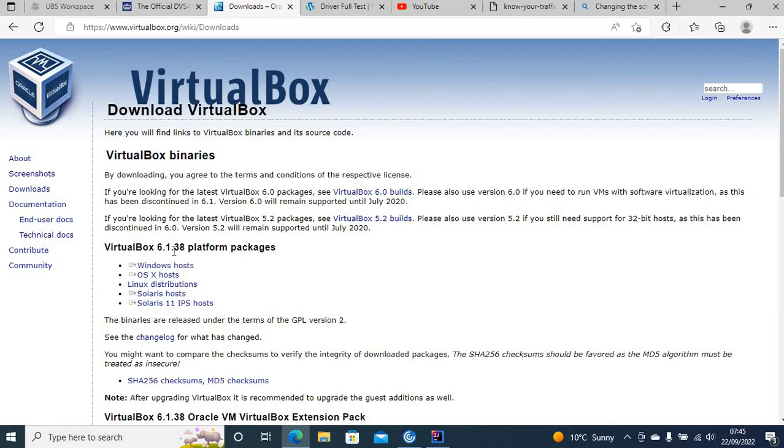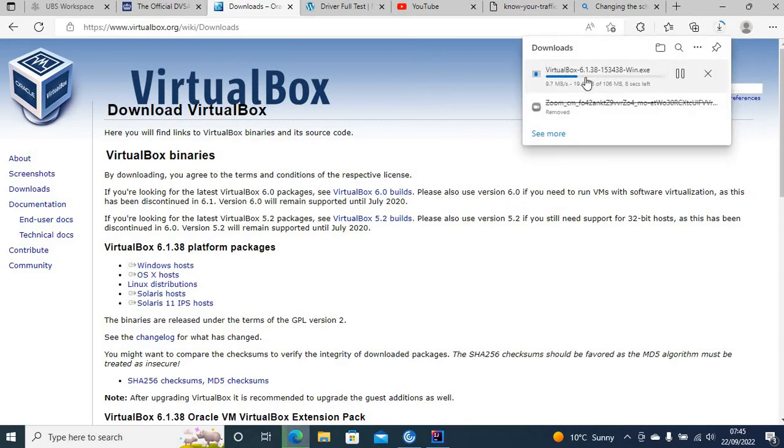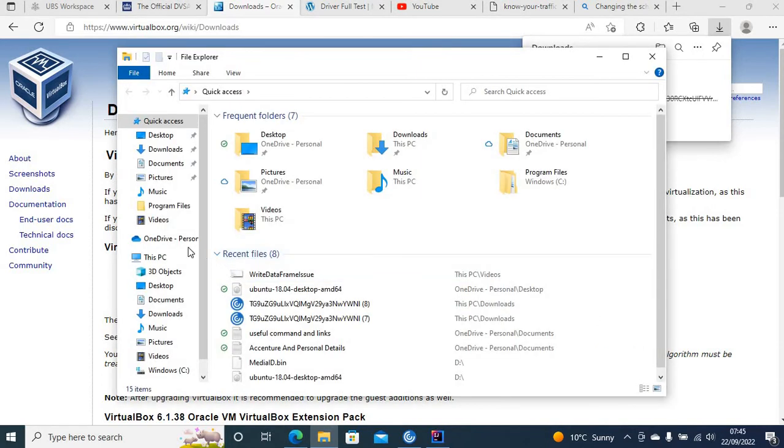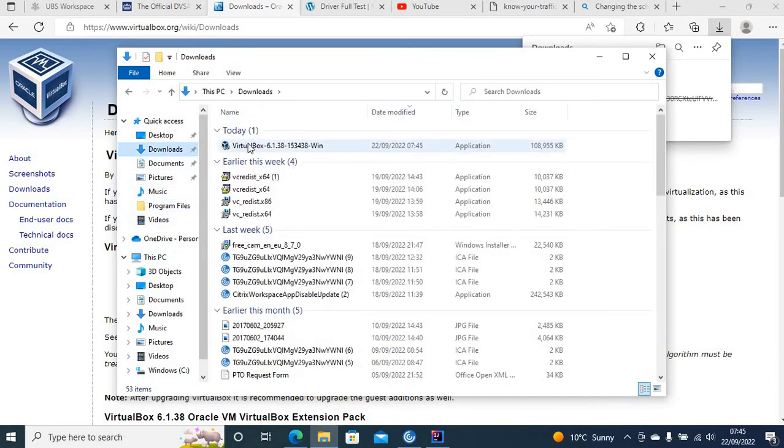So this is the version available for each operating system. I'm going to use Windows host. So if I click that, it should download the VirtualBox 6.3.38, 0.1.38 I mean. So just going to wait. Okay, it's downloaded. So if I go to my file explorer and go to download, so this is the one. So if I double click it,